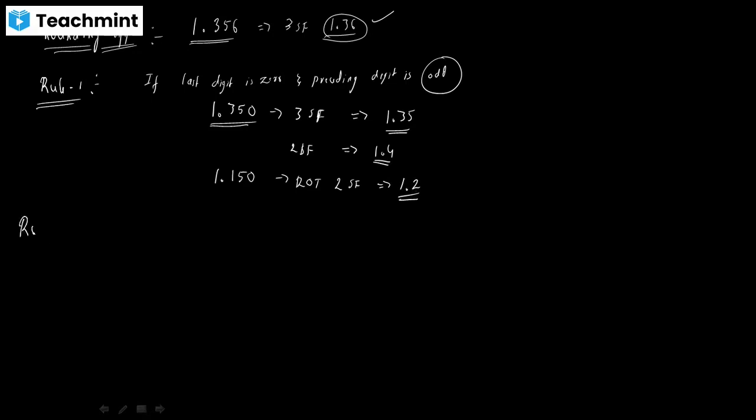Let us go for rule 2. So what is rule 2? If the last digit is 0, and it is preceded by an even number before 5. Okay, for example,